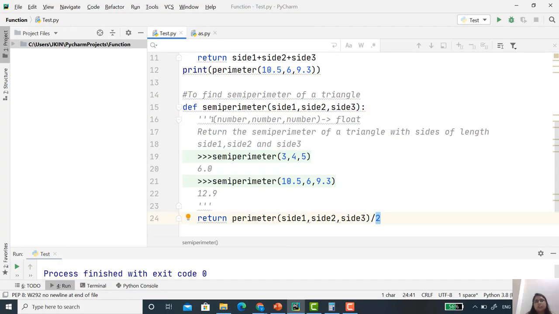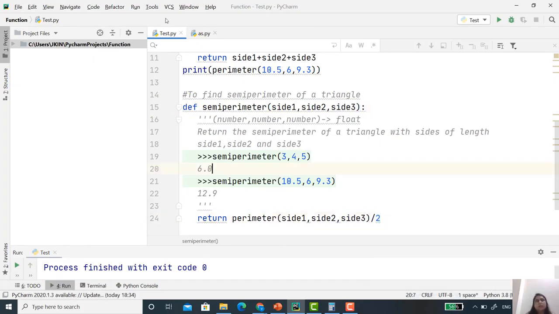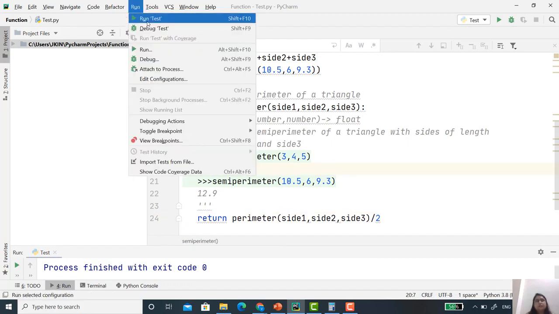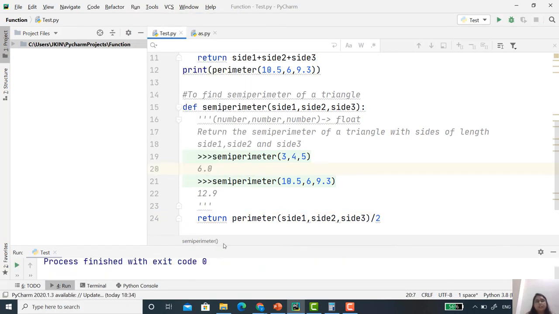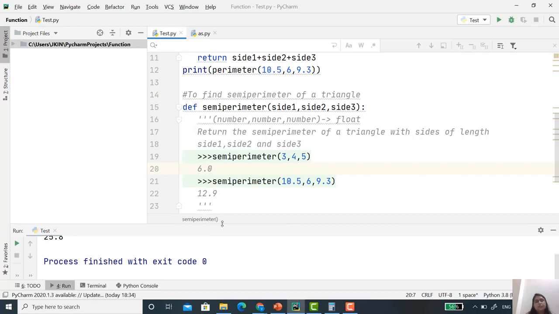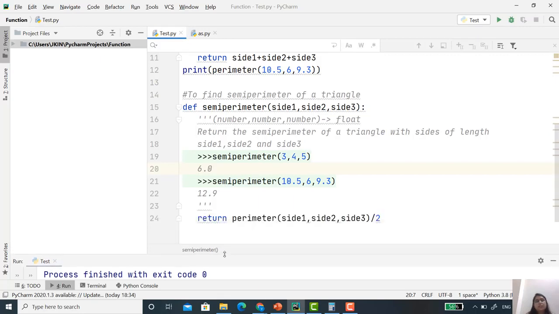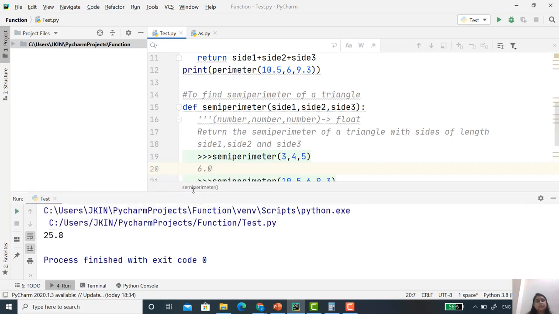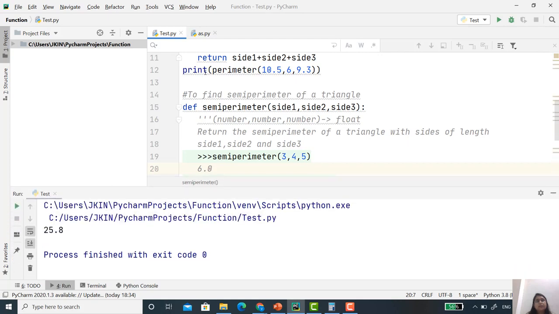And here we have used the perimeter function inside the semi-perimeter function. Now let's run this code again. The process finished with exit code 0 and nothing will print because we have not used the print statement here.